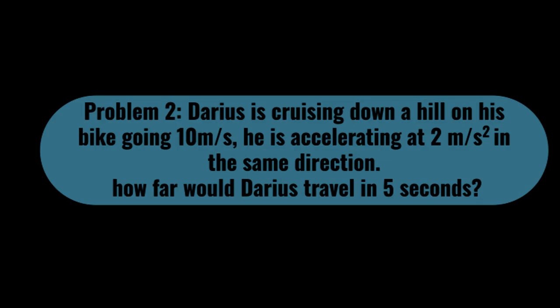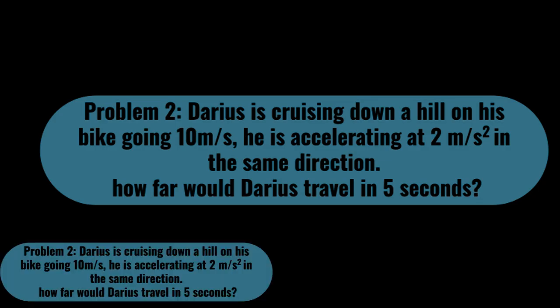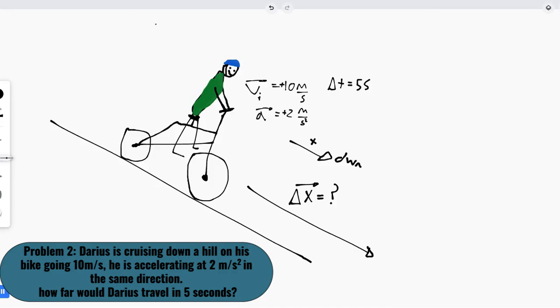Problem 2. Darius is cruising down a hill on his bike going 10 meters a second. He's accelerating at 2 meters a second squared in the same direction. How far would Darius travel in 5 seconds? All right, so I have problem number 2 drawn out here, so we can see there's Darius going down the